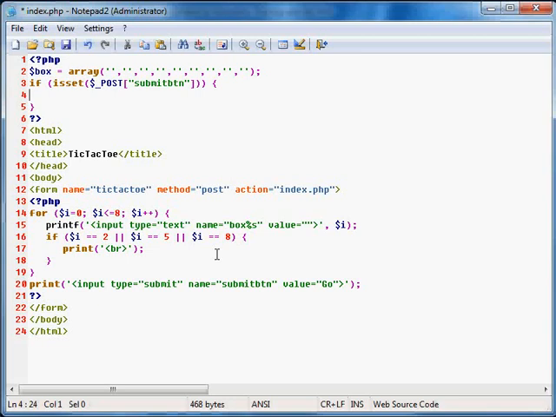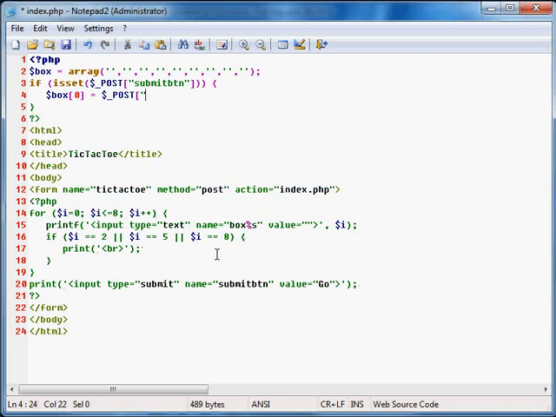Now if I have clicked the button, I want to retrieve the information from the form. So I need to have in here the variable that I want to store it in, and I'm going to store it in box 0, the 0th element of the array. There are other ways of doing this, neater ways, but they require a little bit more programming. So if we just do it the simplest way to begin with, we want to put into this variable the value stored in the post, so that's the form that was submitted, and the name of the box that I initially want to grab is box 0,